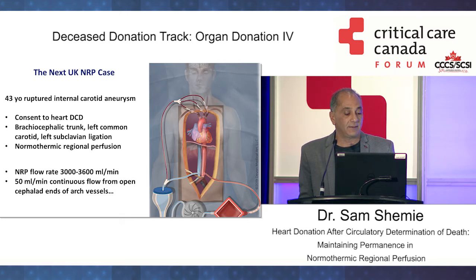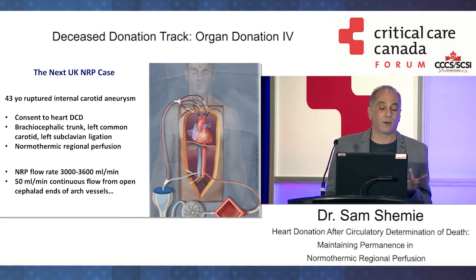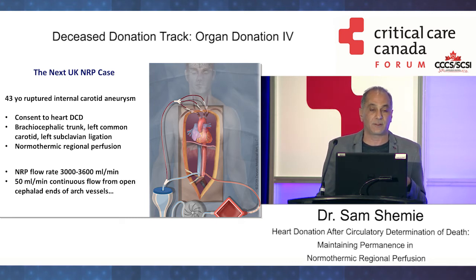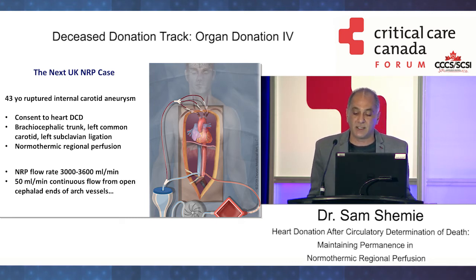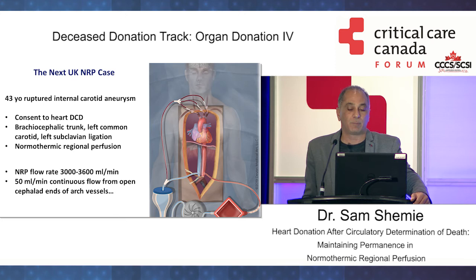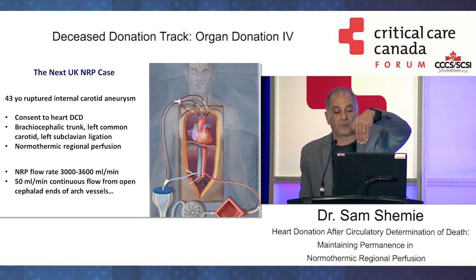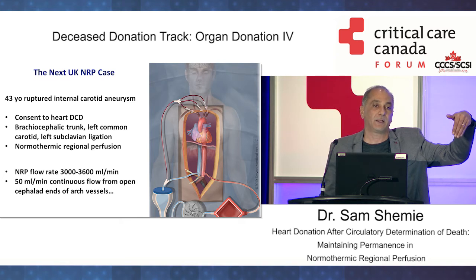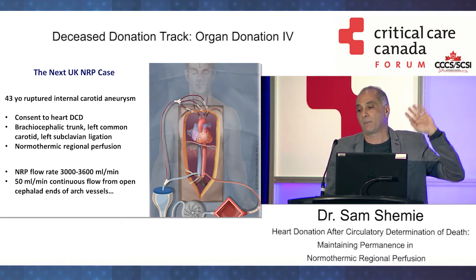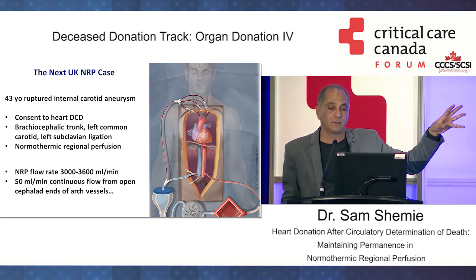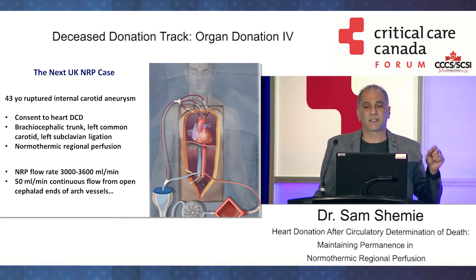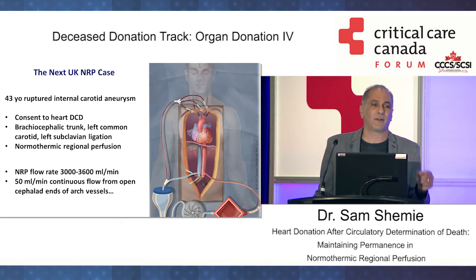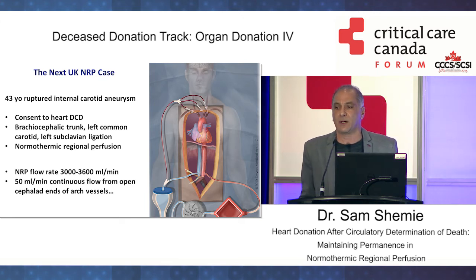And what did they find? With an NRP flow rate of about 3,000 to 3,600 milliliters per minute, there was a continuous supply of blood coming down from the brain through these open vessels at 50 milliliters per minute. Now, that made them freak a little bit, and I don't want to overstate it because it sounds like a lot, but it's not really a lot, and it's unclear whether that is enough to create any positive flow